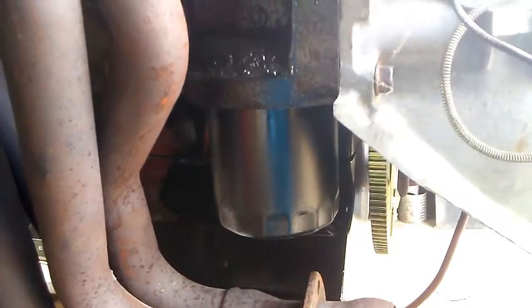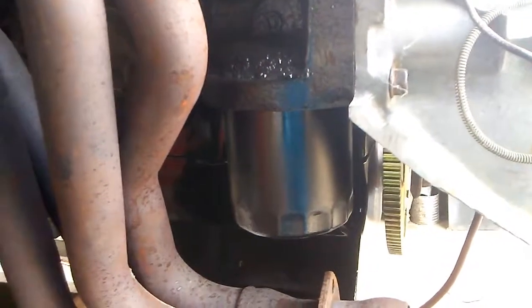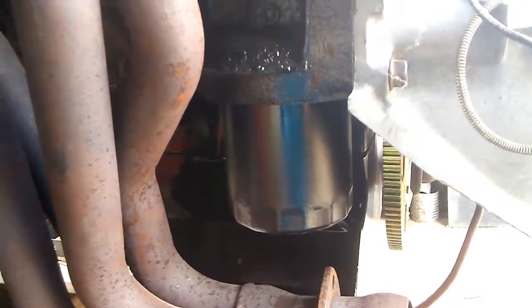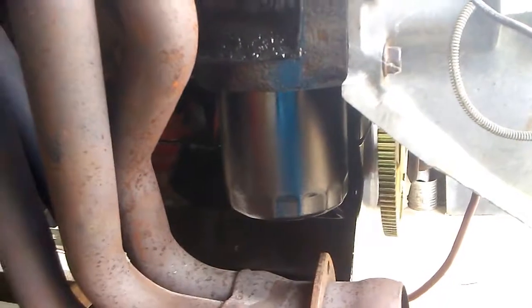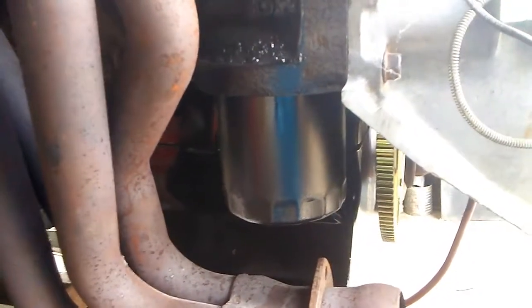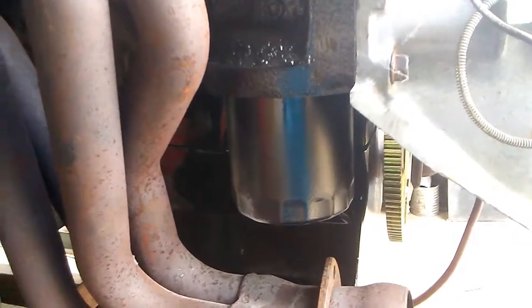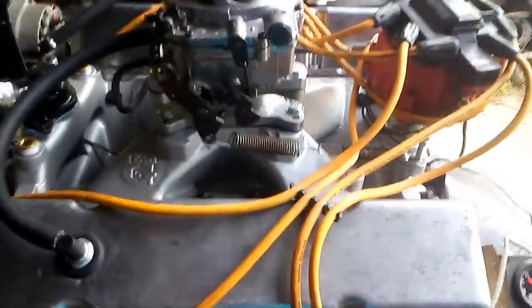But it's going to be in storage for a little while because I have to install a different rear end in the vehicle, and I still got to build a transmission. And it's either getting a Turbo 400 or a 4L80E. I haven't decided on that yet. I guess I'm going to have to make a decision here shortly, because I need to get moving on this project if I want to go racing this year. Might be fall before I get there, but